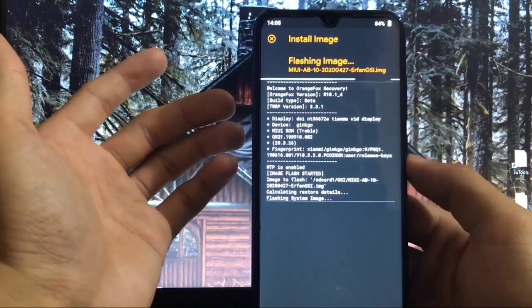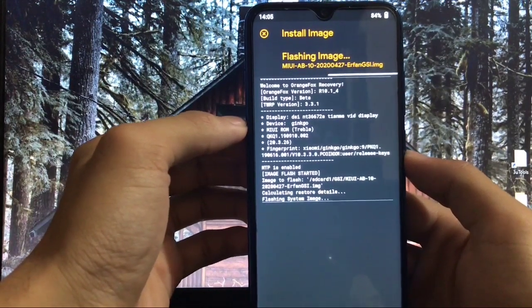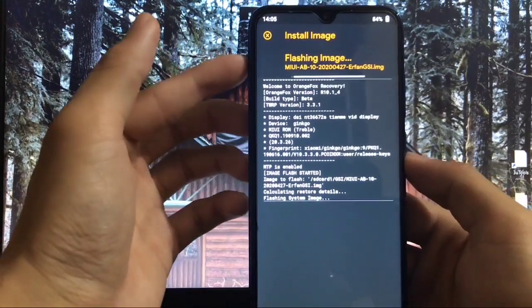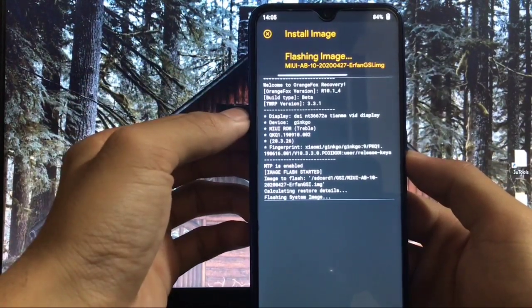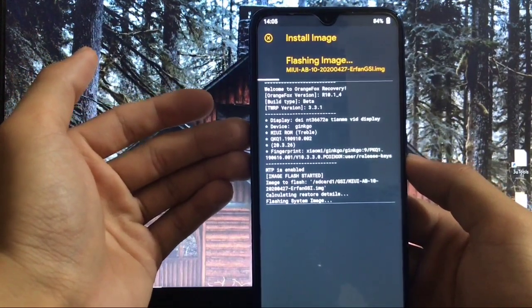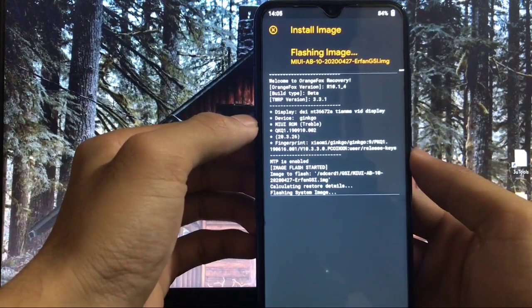If you don't know how to install GSI, there are a lot of tutorials available on Google. You can check out any tutorial and follow it. But the installation of MIUI 12 GSI is pretty simple. As you can see, it is installing, and after installing we don't have to do anything. We simply have to reboot the system and we will be